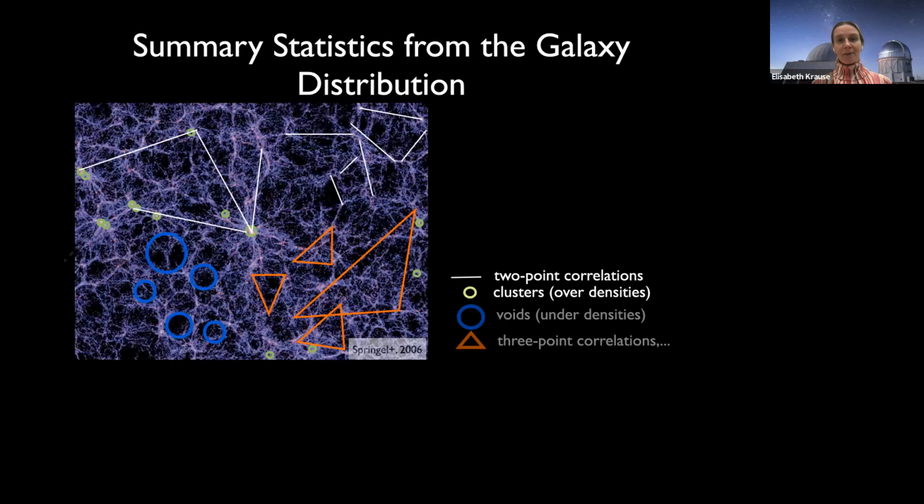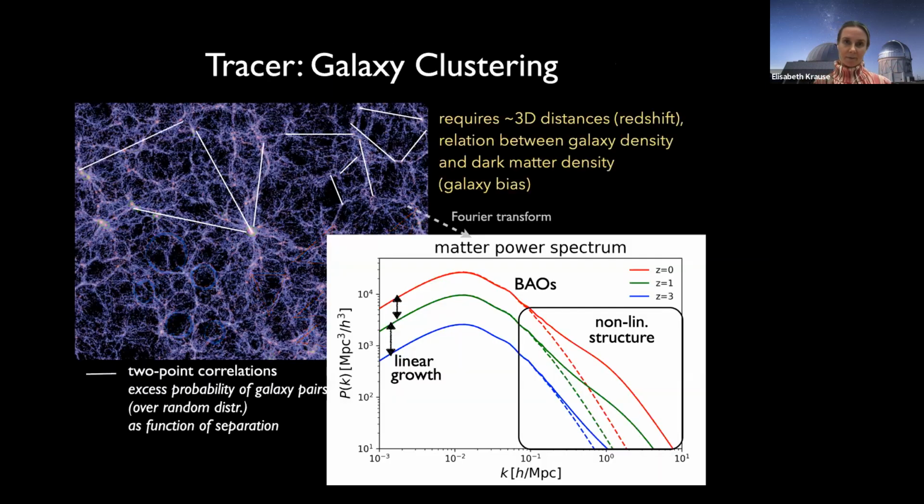While there are many different ways of comparing theory to data, in this talk I'll focus on summary statistics, where we will condense these catalogs of billions of galaxies into measurements of the two-point correlation function, galaxy clusters, voids, three-point correlation functions, and potentially others as we get ready for more and more complex analyses. So the workhorse of most of these analyses is